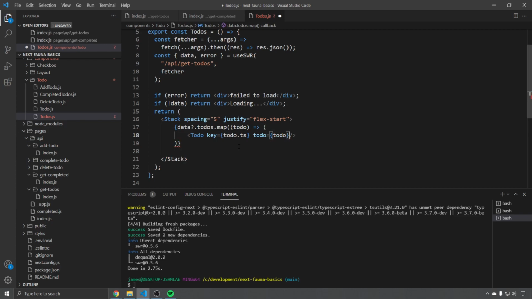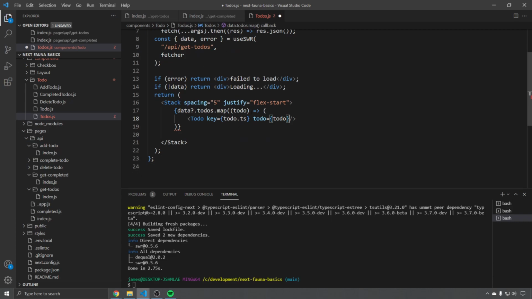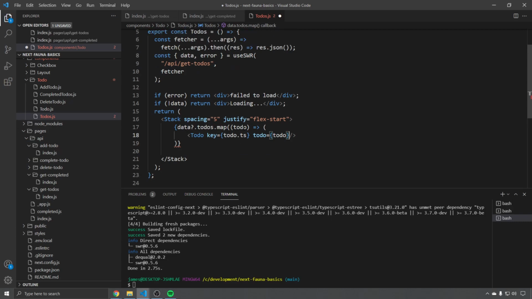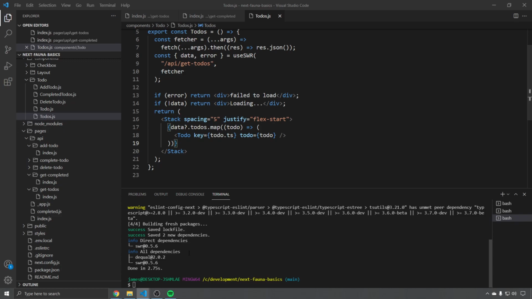And that will be the data from our returned allotment here. So we're saying for each to-do here, we're going to pass that along. And then we can close this out and hit save. Now, what should happen is if we go back to our localhost and launch the application, we should see what's coming back from the database once we've made the updates to the actual